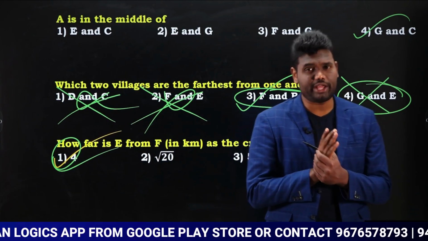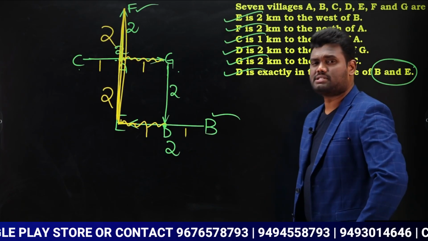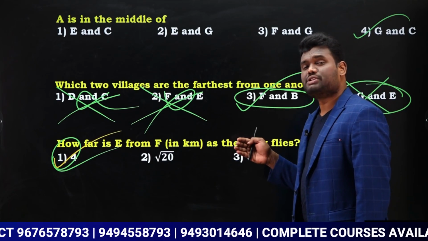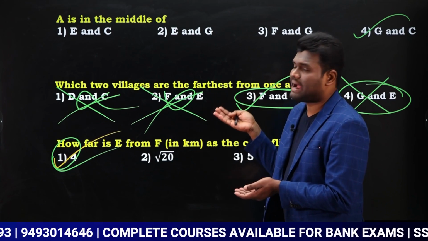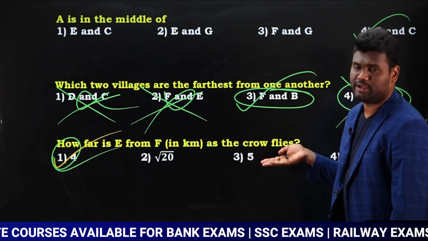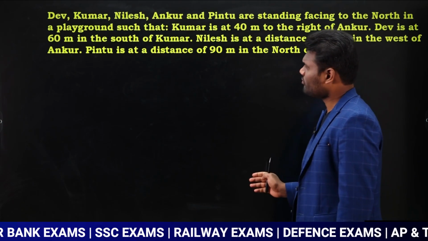We have a total of 3 questions. Once you are able to represent the diagram, then solving these 3 questions will be very simple. Sometimes in the examination you will be getting a set of 3 questions directly. Then it's a matter of just representing the diagram. Once you are able to represent it, you can solve these 3 questions very easily. Yes or no? So let us look at the next question.